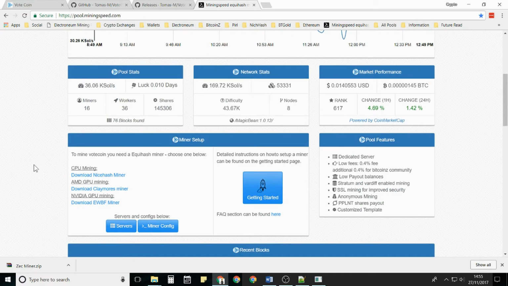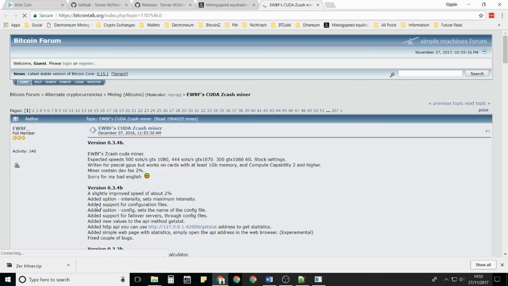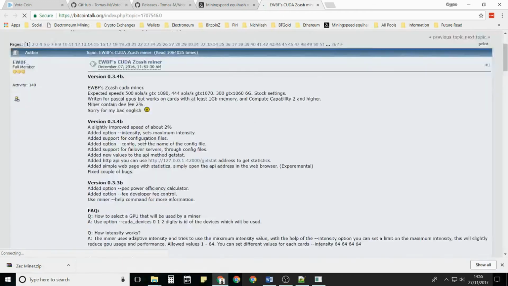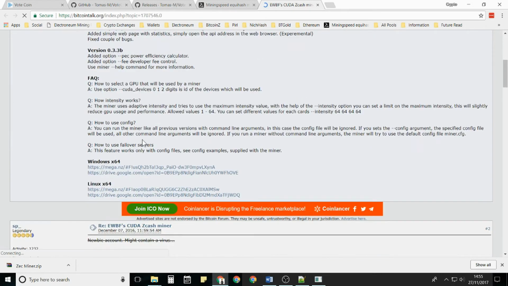Now you can download for your CPU, for AMD graphics cards, NVIDIA graphics cards. Today I'm going to be doing NVIDIA. I'm going to simply click on download EWBF miner, which will take you through to Bitcoin Talk. This is where all the latest releases are, and if you scroll down a little bit you'll find the links